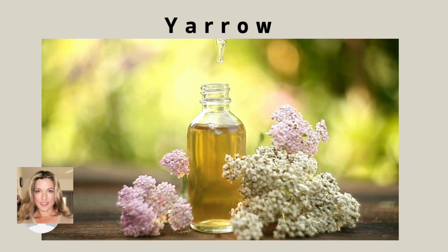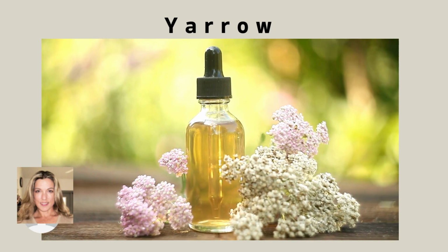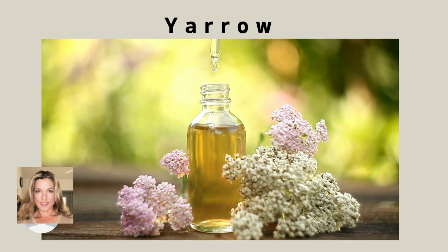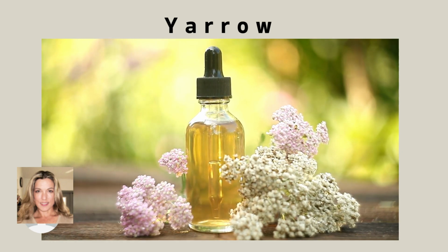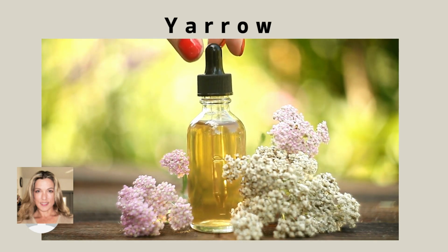As a poultice, it has been used for centuries with amazing results on wounds. As a matter of fact, Achilles used yarrow on his troops to protect and help stop and stem the blood flow from their wounds. It induces sweating, which cools the body. It minimizes internal bleeding as well. It can dilate blood vessels. It has anti-tumor properties and helps combat cold and flu. It lowers blood pressure, regulates menstrual flow, tones varicose veins, and helps with digestive